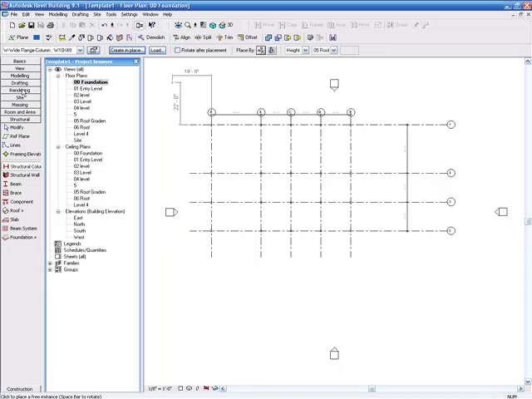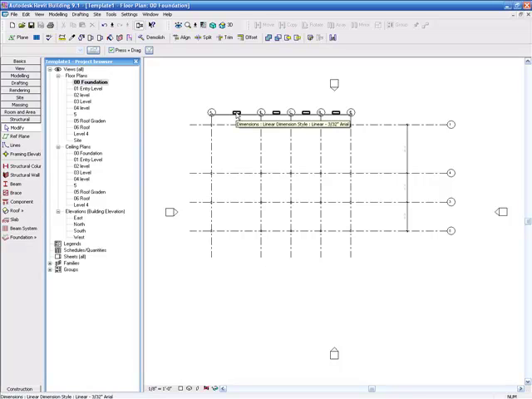We can hit escape or go to the design bar and select modify. I like to do that. That seems to be a little bit easier, especially when I'm only using one hand. That kills the prior command. Now we're going to select the dimensions. Let's find those guys. And we're actually going to select it from here,